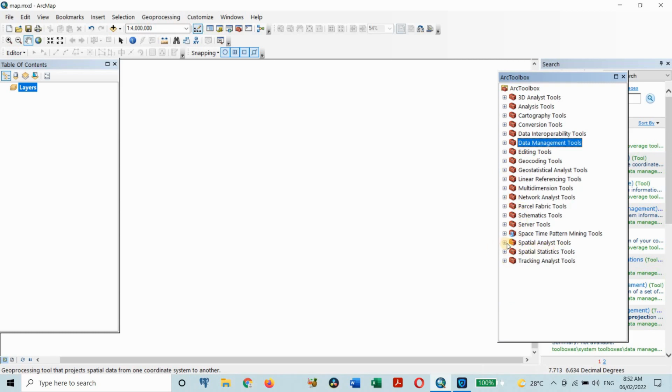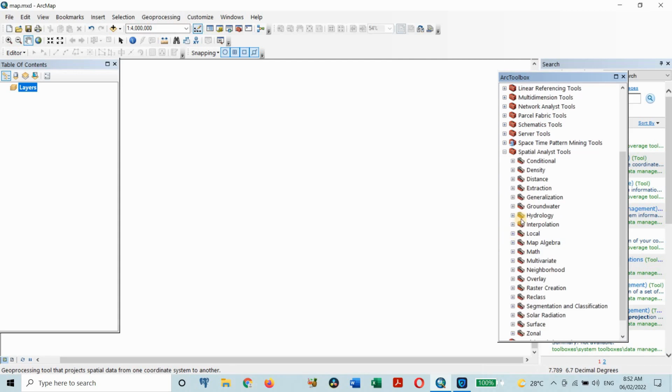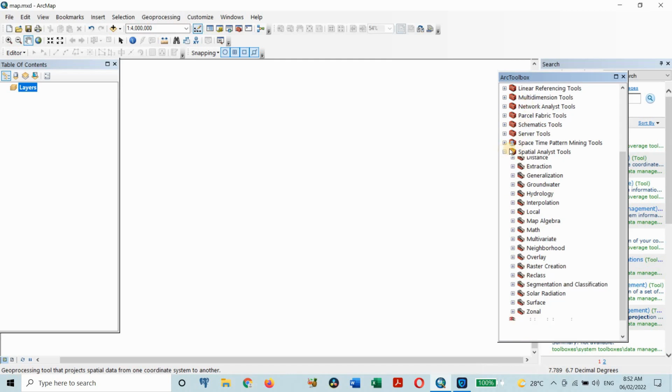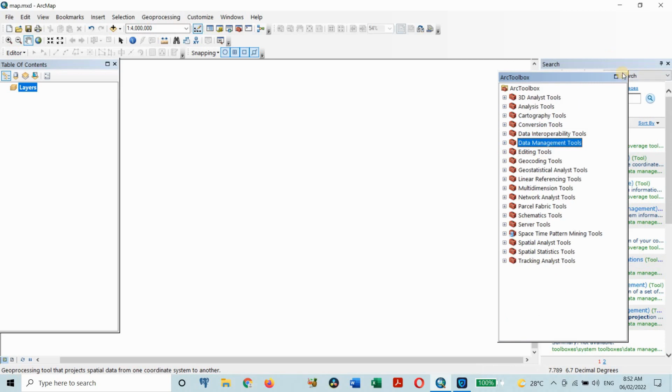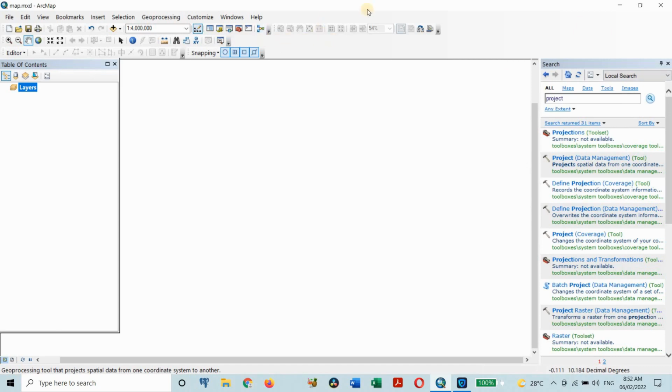So there are spatial analysis tools. If you want to work on spatial analysis, density, conditional extraction, generalization, groundwater, hydrology, interpolation, local, map algebra, math, multivariate, neighborhood, overlay, raster creation, reclass. All those operations can be performed by using spatial analysis tools. So that is it. Tracing analysis. So that is it. So basically, that is